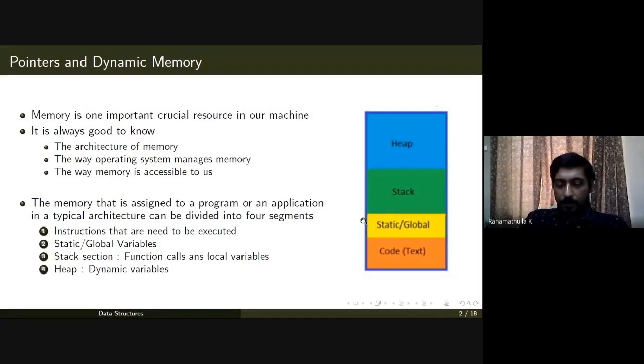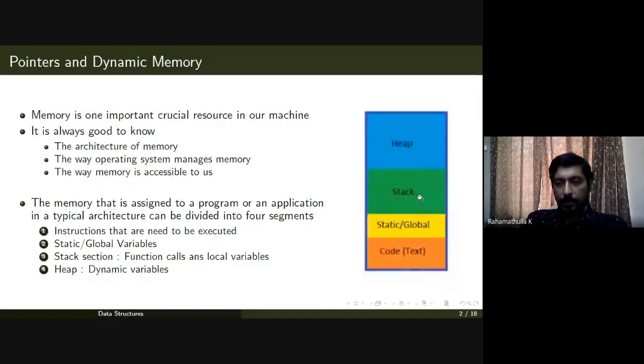So when that function is executing, only then will that variable be alive. So which function is currently executing and what local variables are available to you at this particular point of time, all these things will go into the stack section of the memory.